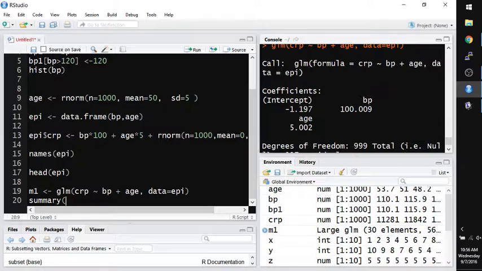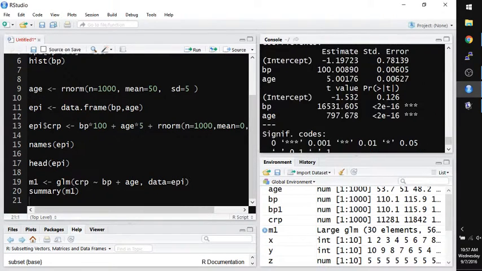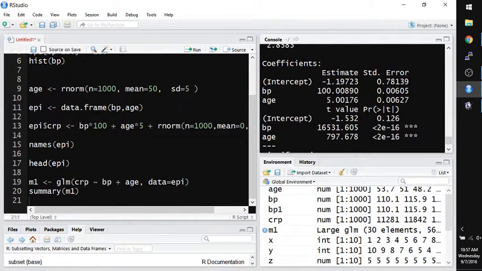using summary. So remember, if you use summary on a variable, it gives you the 5-stat summary of the variable. If you use summary on a data set, it gives you the 5-stat on all the variables. If you use summary on a model object, it gives you the basic summary of the model object. So if I take the summary of M1, now I've got the actual output of my model